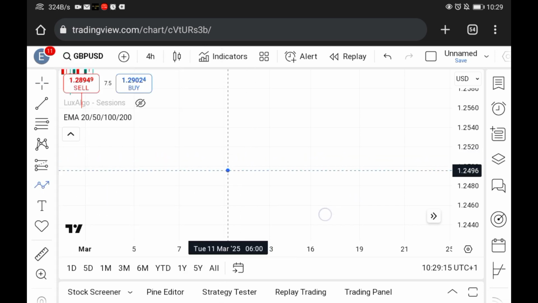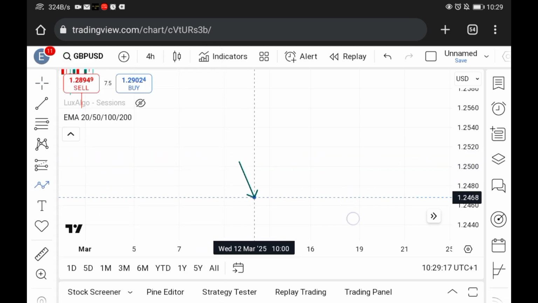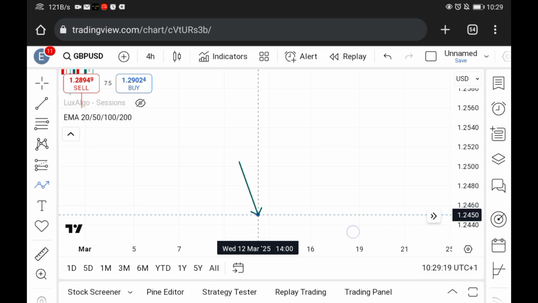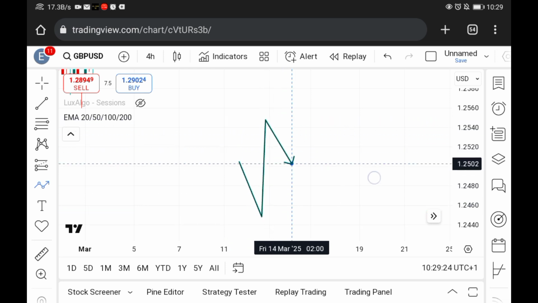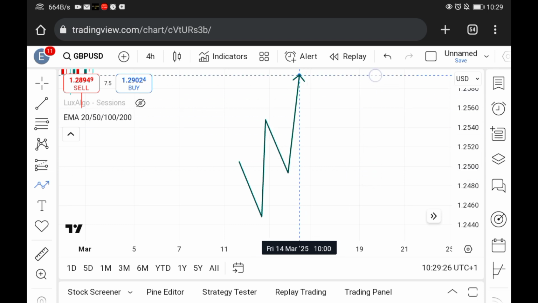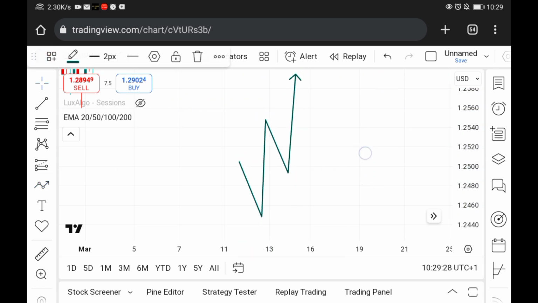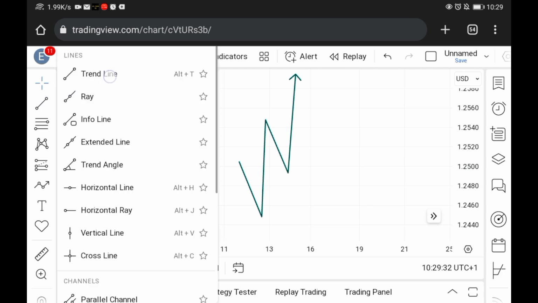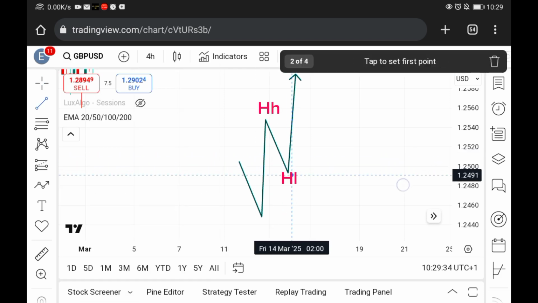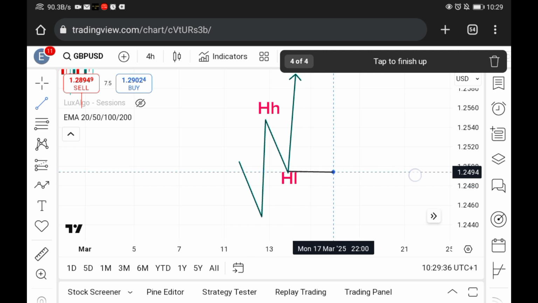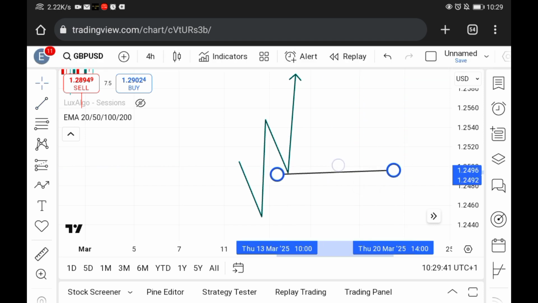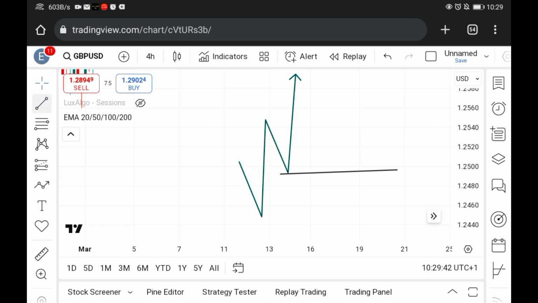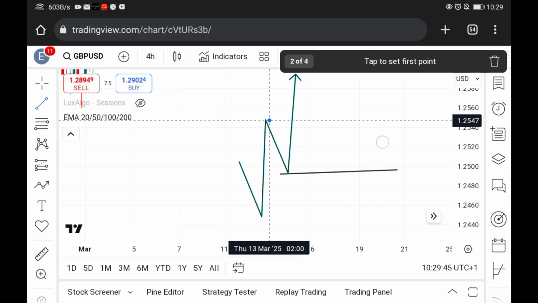Let's use the tool to mark the structure first, then you go to the chart and complete the other stuff. So for a buy scenario, you are looking for something like this, a break of market structure to the upside, meaning you look for a higher high and higher lows in the market. So once the market breaks structure to the upside, you have to wait for the market to come back and